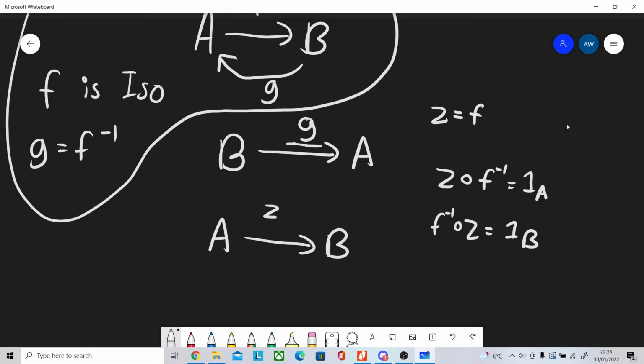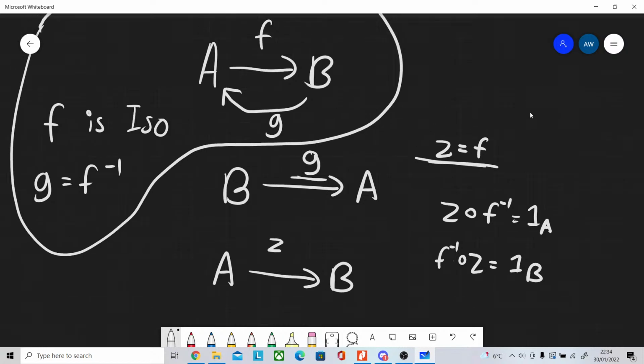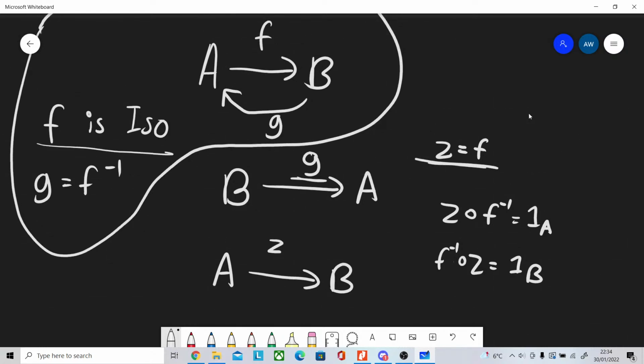If you can show me a function from A to B that satisfies these properties, and we say, well, hey, F is that function that you're looking for, right? So what happens if we put F here and F here? Well, then we know that a function, when you compose with the inverse, gives back the identity again. That's something we've gone through already. So F inverse, which is just G,